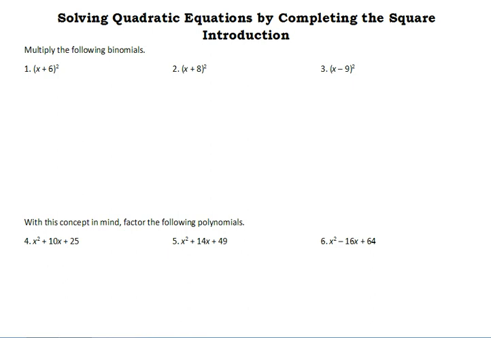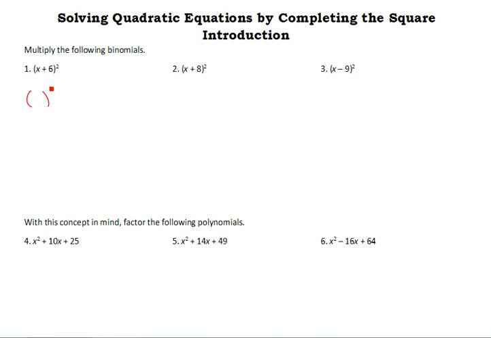Okay, last section we dealt with special products by looking at the difference of squares. Now we are going to review perfect squares. So with this, number 1 says we're supposed to multiply these following binomials. It says the quantity x plus 6 squared. Now if you remember with that square, that told us that we had that special formula where our answer is